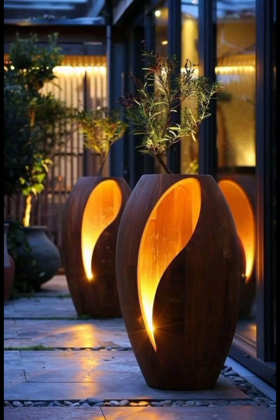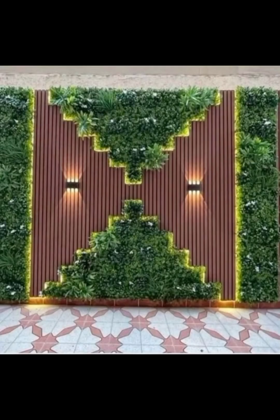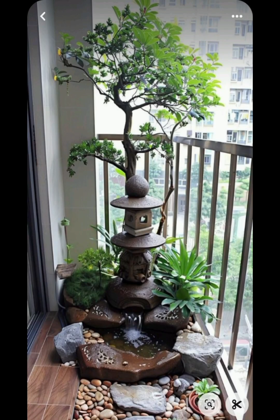Garden furniture. Select outdoor furniture that complements the garden style and provide comfortable seating for relaxation. Remember that designing a beautiful garden